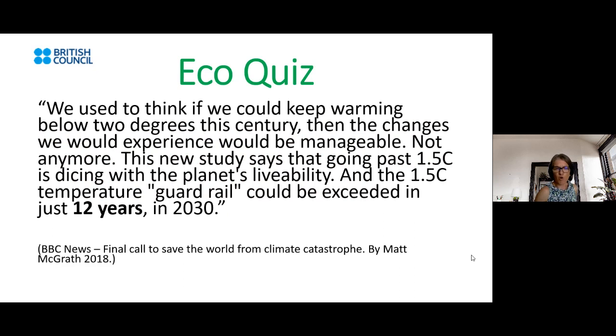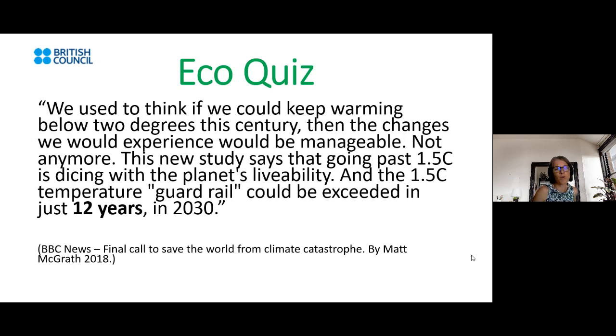This is taken from an article from the BBC after the publication of the very famous IPCC report from 2018. It was reported as this: we used to think if we could keep warming below 2 degrees this century, then the changes we would experience would be manageable. Not anymore. This new study from a massive group of scientists who inform the United Nations IPCC,